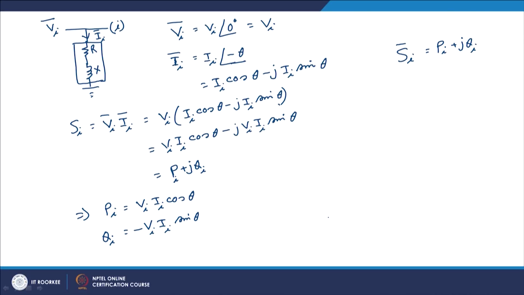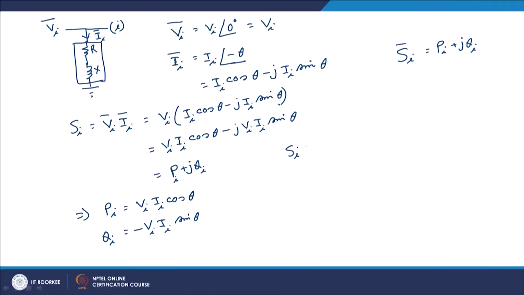the reactive power drawn by an inductive load should be considered to be positive. But here, if we just go by this simple principle, we end up getting the expression of Q, the reactive power drawn by the load, as negative. So, it is going against our convention. We have to do something to make this positive. To make it positive, we now define Si equal to Vi into Ii star, the complex conjugate.